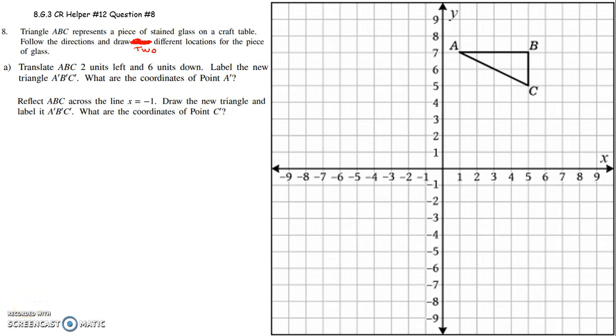All right, 8th graders, this is to help you with question 8 on CR12. It says triangle ABC represents a piece of stained glass on a craft table. Follow the directions and draw 2 different locations for the piece of glass. Translate ABC 2 units left and 6 units down. So translate, we know, means to slide. We're going to slide it 2 units left